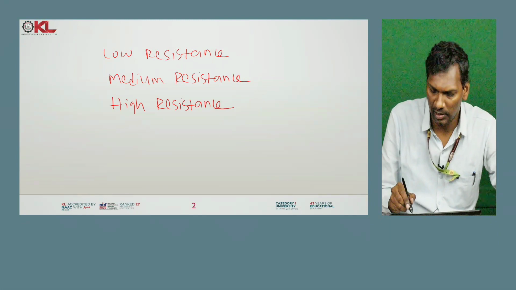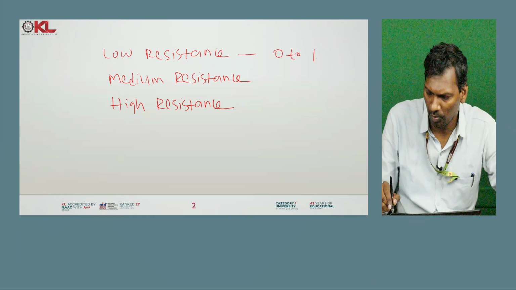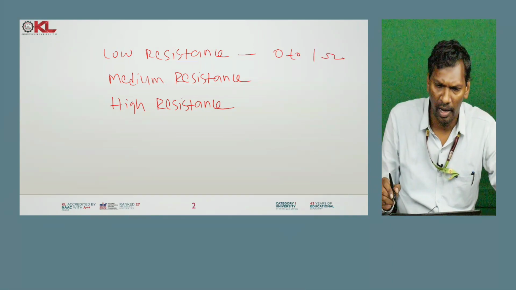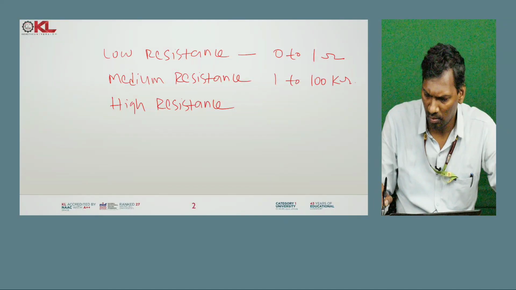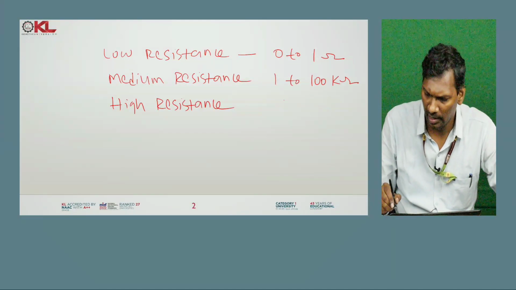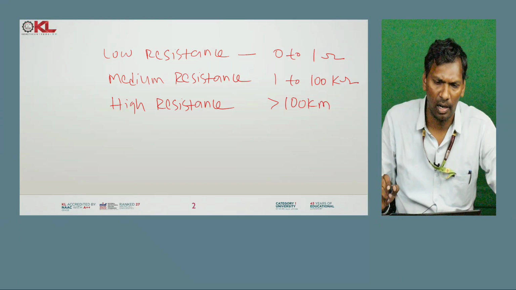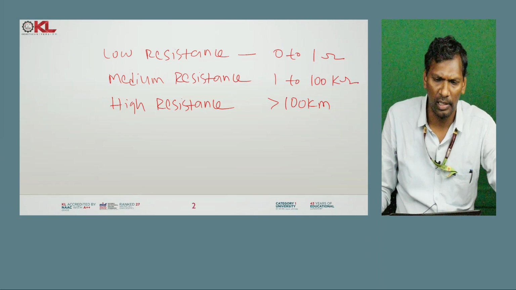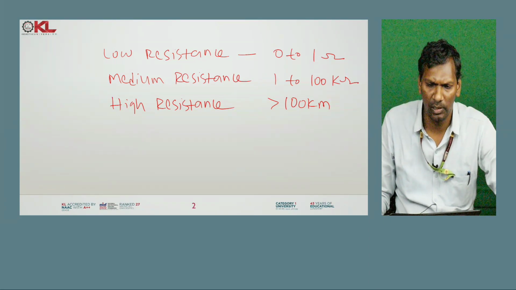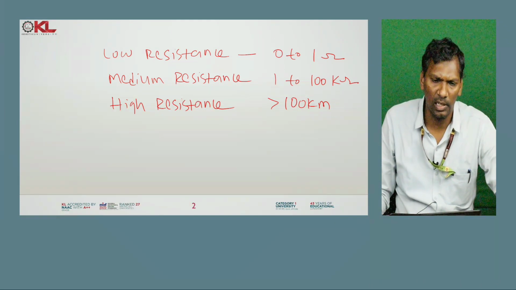Low resistance is in the order of 0 to 1 ohm, medium is 1 to 100 kilo ohm, and high is greater than 100 kilo ohms. According to this, resistance can be measured in various ways depending upon the range of the values, as under. For a low resistance